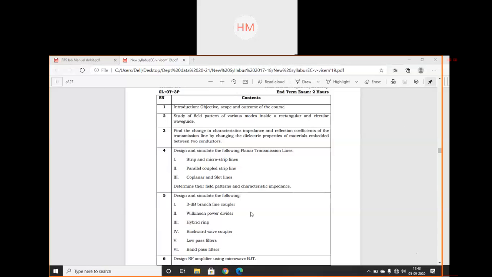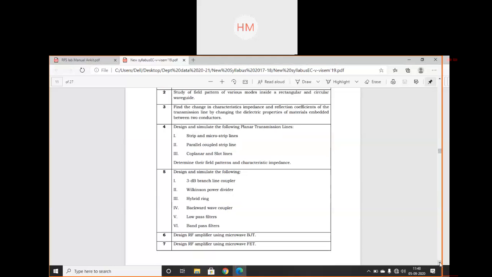You can write this in your copies because you should know the list of experiments. I've shared it in the Google Classroom, and you can see it from there also. Then design an RF amplifier using a microwave BJT. BJT and FET you have designed, but that design was only for the audio frequency range.